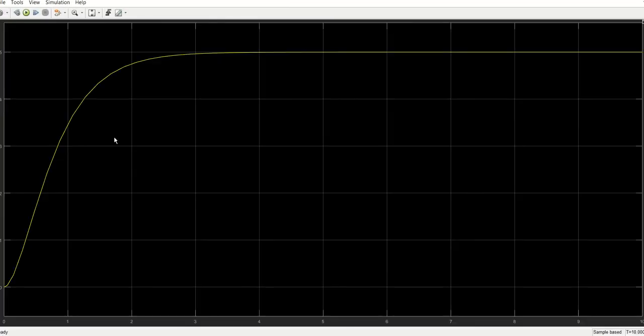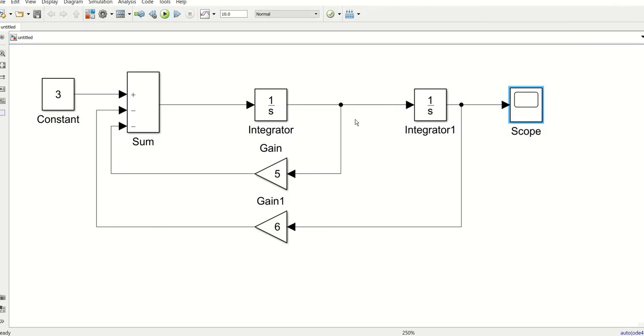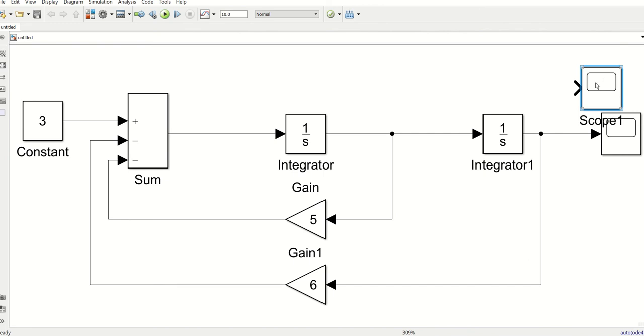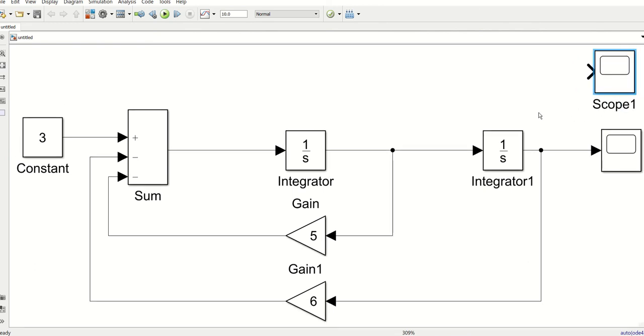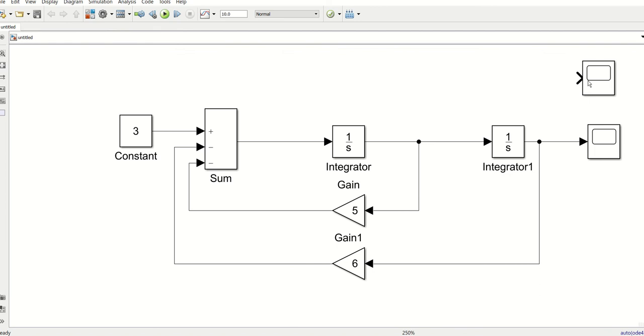Okay. Now let us do a little more arrangement here. What we'll try to do is see the outputs of this summation also in the scope. So one more scope we can take up, and this summation block I can put here.